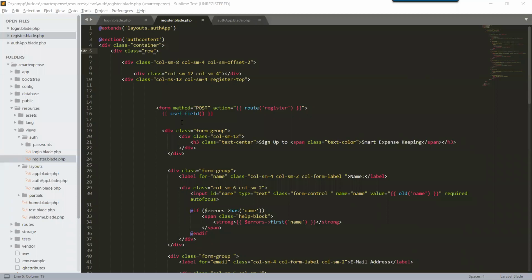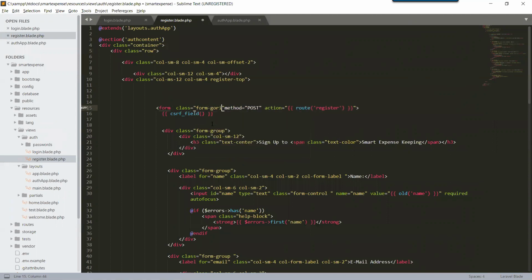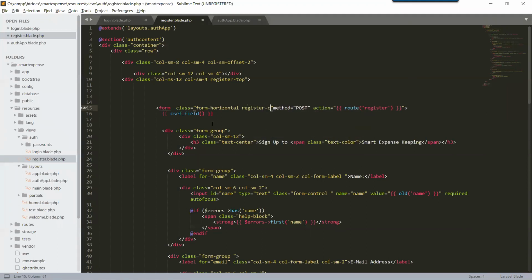So now let's give the form to set our layout, some fields. Okay, form, and we will set its class, which is form-horizontal, and also a custom class, which is register-container, and we have a styling in our style sheet for